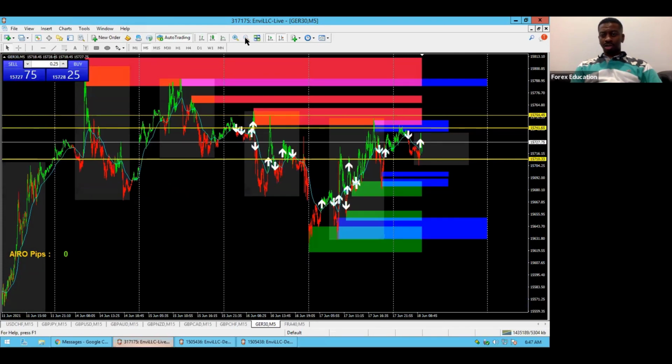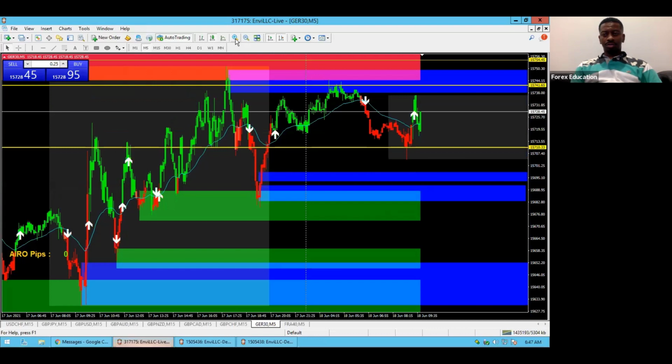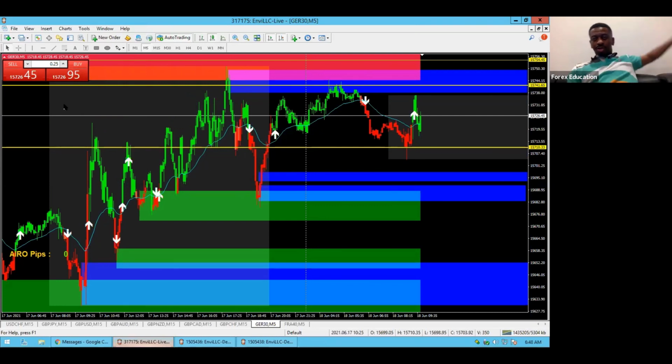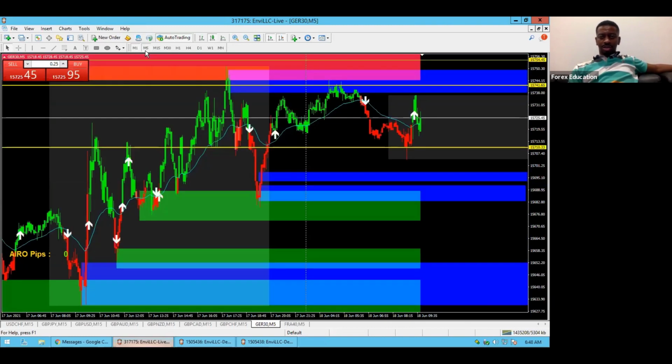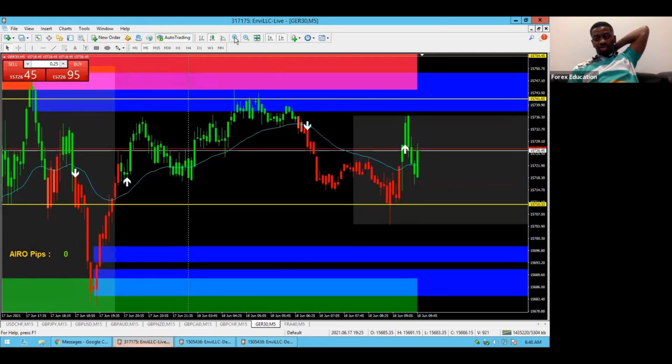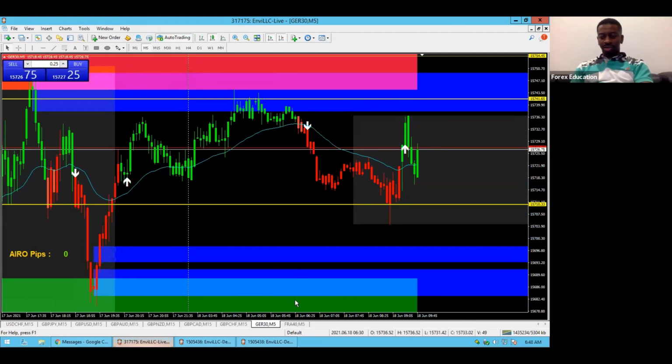So AIRO's got GER 30 in a downtrend. What I expect tonight, I have no clue. I was expecting it to run up yesterday. That was actually interesting with the way the market, the news, and everything. So we're just going to see. We're going to sit back and wait to see what AIRO gives us. What does the market give us? What does AIRO show us? And our advanced training, what does it tell us? All right, so we'll see. We got 12 minutes.